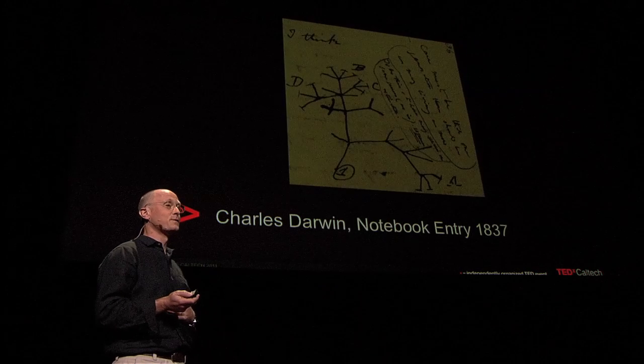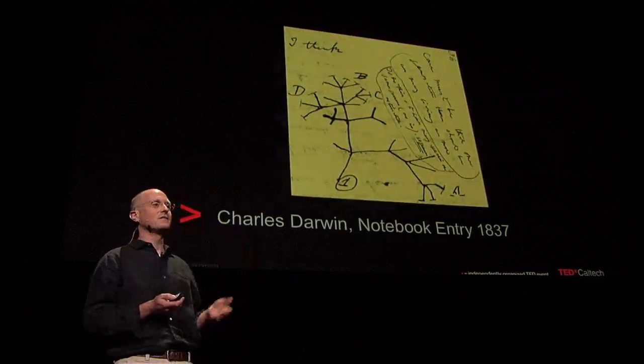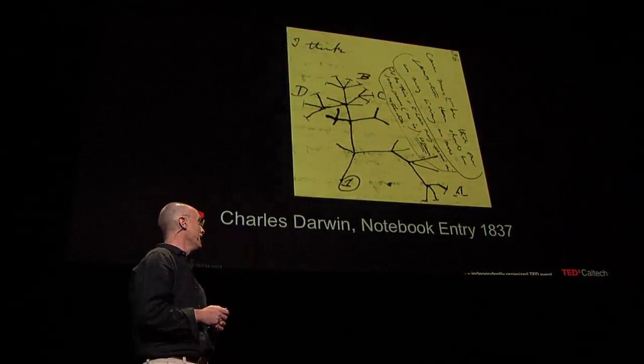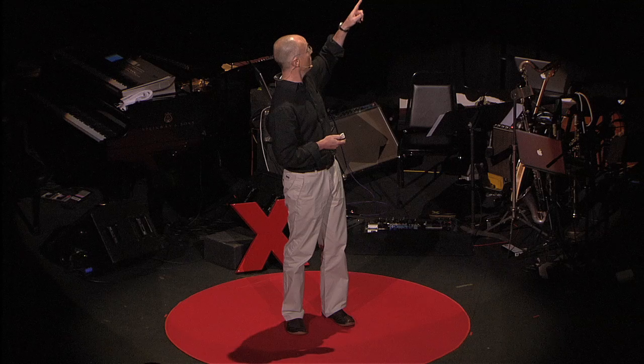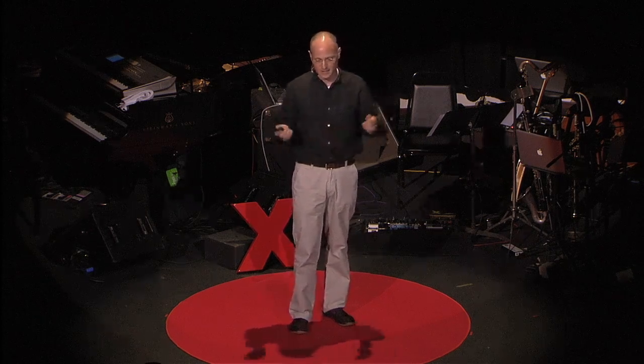On much more comfortable ground for me is Charles Darwin, the superstar of biology. And with this entry in his notebook, he begins in the top left-hand corner with "I think," and then sketches out the first tree of life, which is his picturing of what the connections are between species through evolutionary history, the origin of species through natural selection and divergence from an ancestor population. If I had a tattoo, I'd do that one right there. But I'm not that kind of a guy. Anyway,